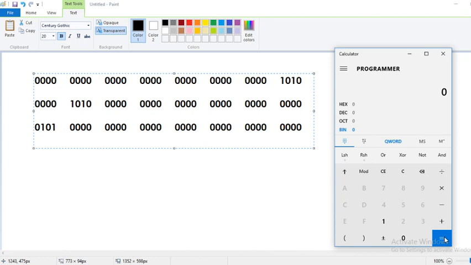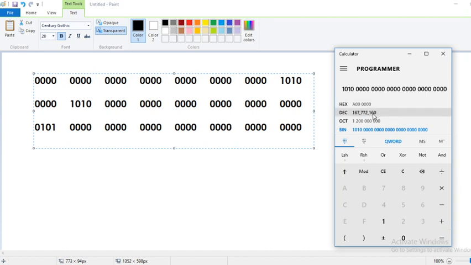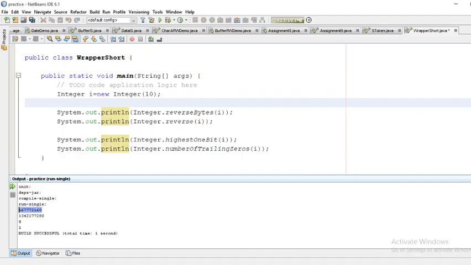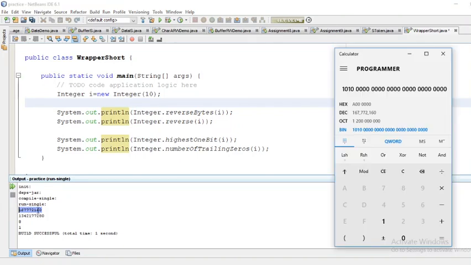So 0000, then 1010, and again all zeros. So yes, see, this is the number 167772160. This decimal number we are getting over here. We can compare. See, the same number we are getting for the reverse byte. We got the correct answer.